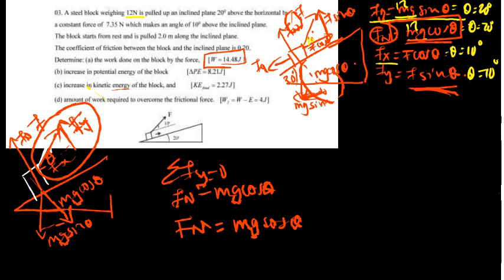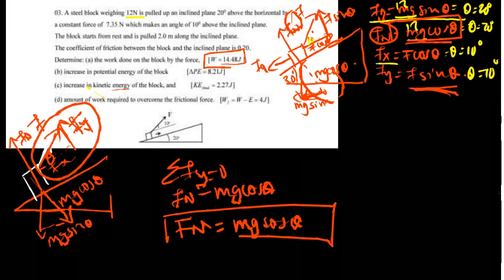Okay. So we have the forces here. When we add, we have got the Fn. Now Fn is going up. What of mg sine theta? This guy is going down, so it's minus mg cos theta. That is the reason why Fn is equal to mg cos theta when there are only two forces acting in